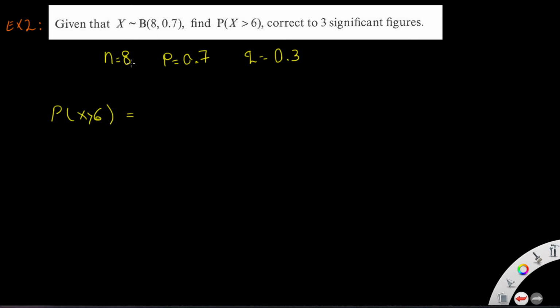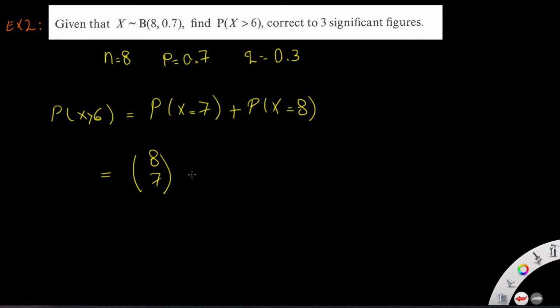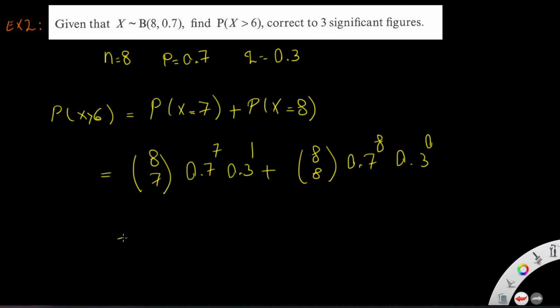Overall, you have 8 trials, and out of these 8 trials, you have the number of successes greater than 6. So the number of successes can be either 7 or at most 8. x is equal to 7 means that out of 8 trials, you have 7 successes. So the probability is combination of 8, 7, 0.7 to the power of 7, 0.3 to the power of 1, plus combination of 8, 8, 0.7 to the power of 8, and 0.3 to the power of 0, which gives you